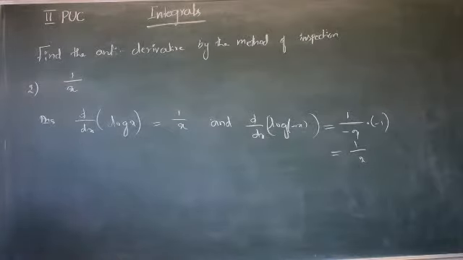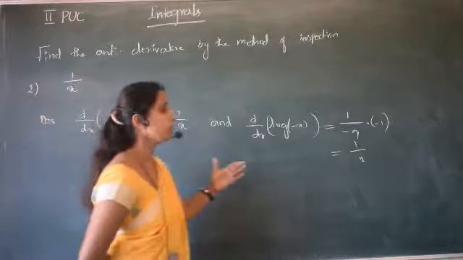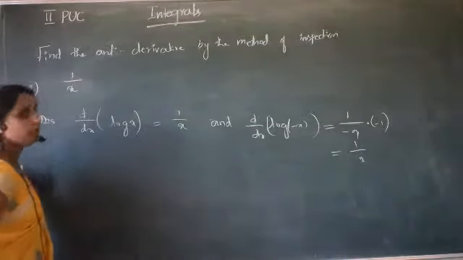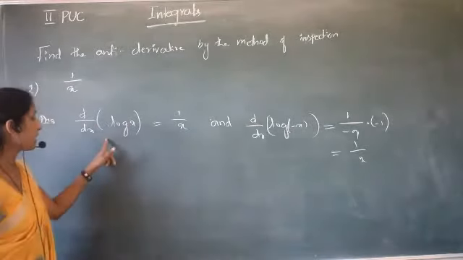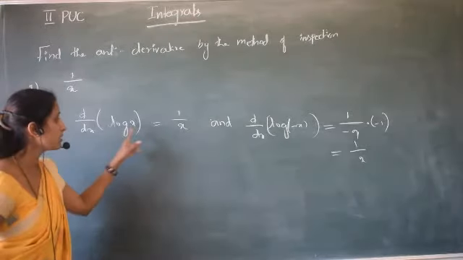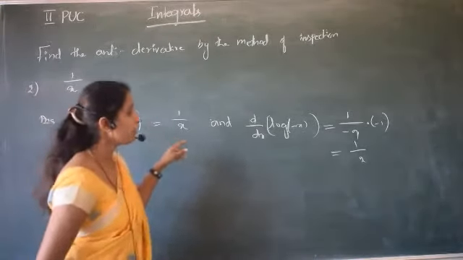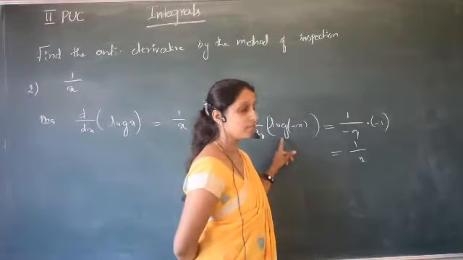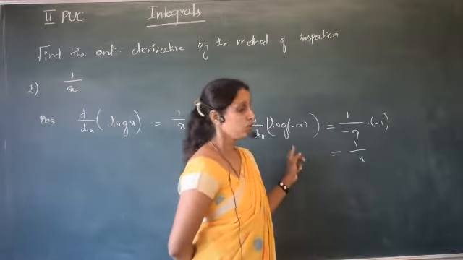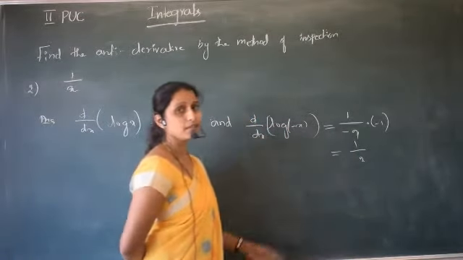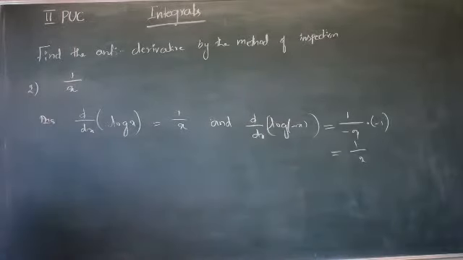What is the conclusion we can make? x may be positive or negative, and then the derivative will be 1 by x. What is the antiderivative of 1 by x? The derivative of log x is 1 by x, so for 1 by x, log x is an antiderivative. The derivative of log of minus x is 1 by x, so log of minus x is also an antiderivative. So there are two antiderivatives, one for plus x and one for minus x. We can consider them together as modulus of x, because modulus of x takes two cases: x greater than 0 and x less than 0.